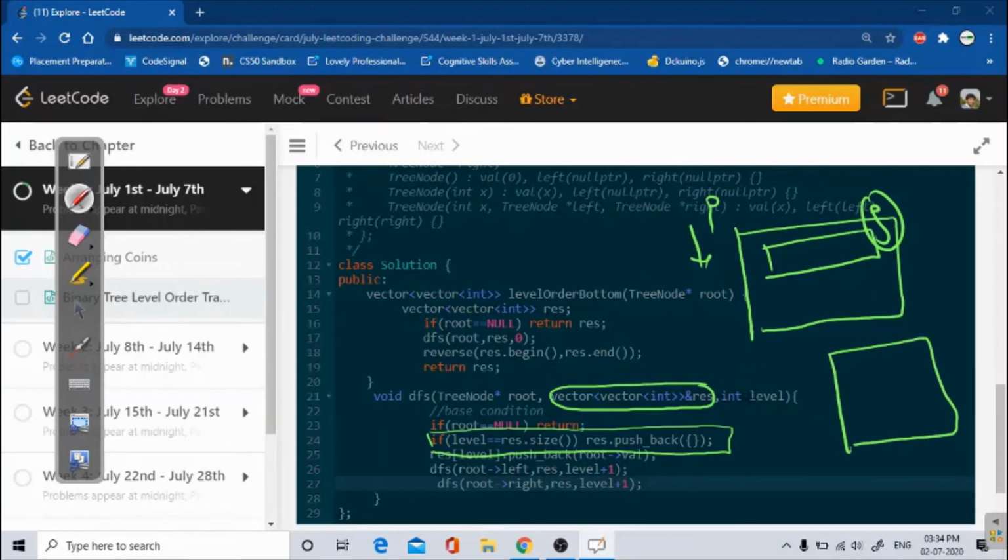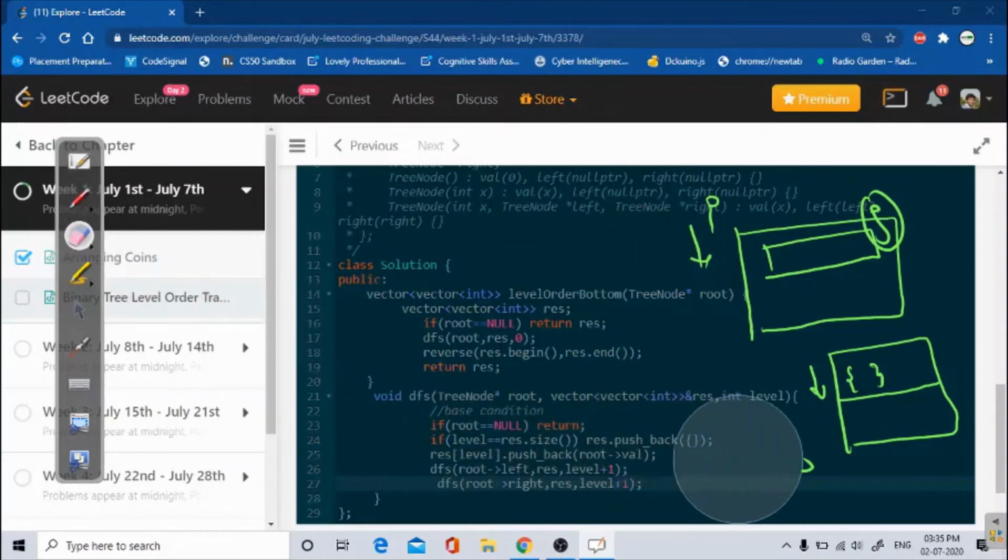Right now my level is 0 and my result size is also 0, because we have no column, no row here. So what I will do is insert one row, an empty vector.